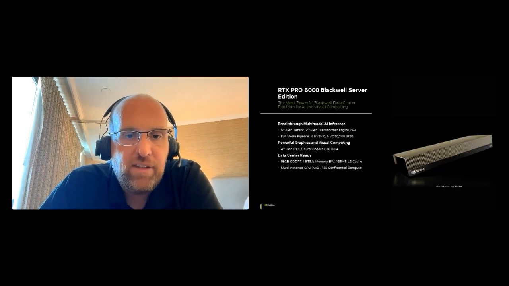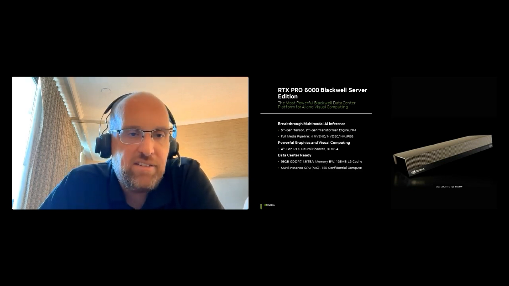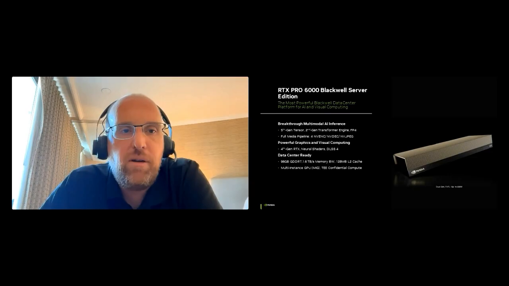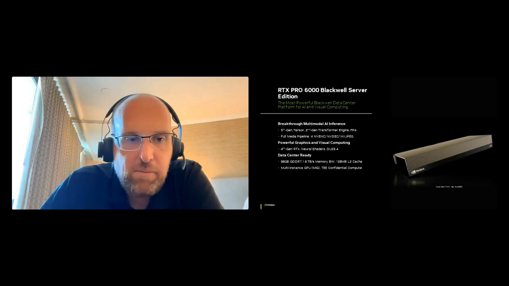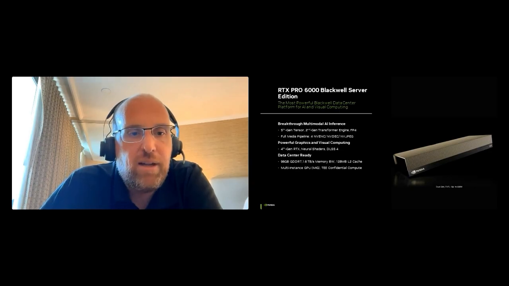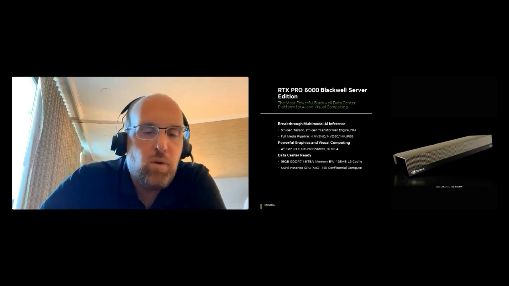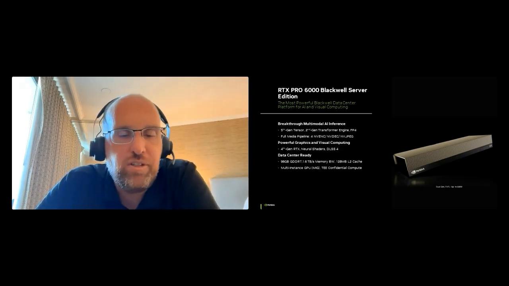I'm just going to skip over this slide for time. And also, to run some of these things, it doesn't necessarily have to be the highest-end GPUs. We do have a range of really cool GPUs we call the RTX Pro series, which offers a lot of the same capability, but in a much more price-performant form factor. So there's a whole range of different options that can help you, no matter what kind of resources you have access to.